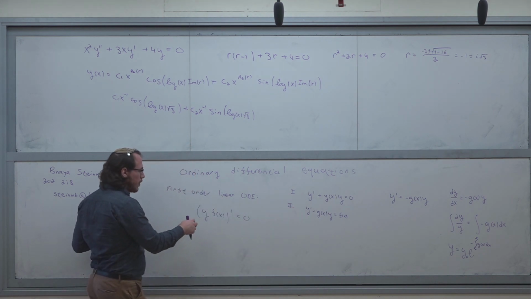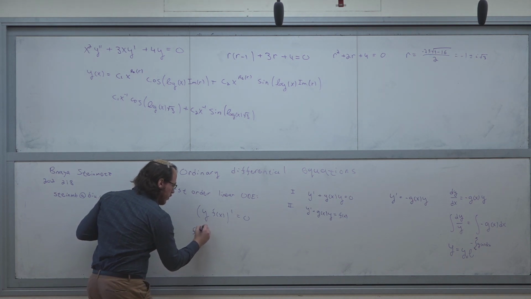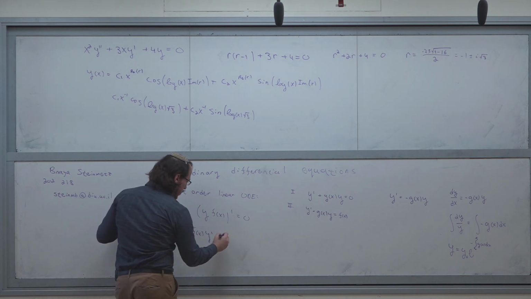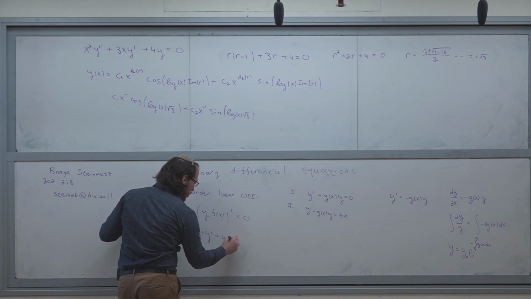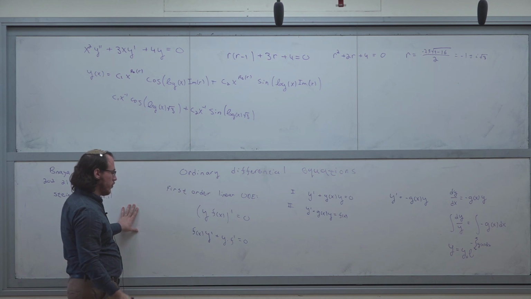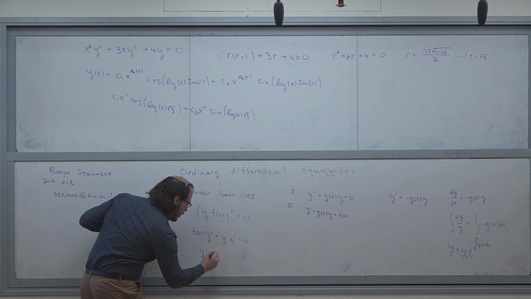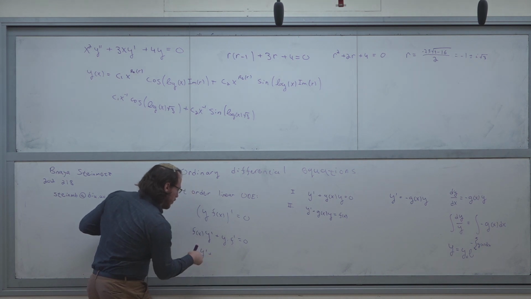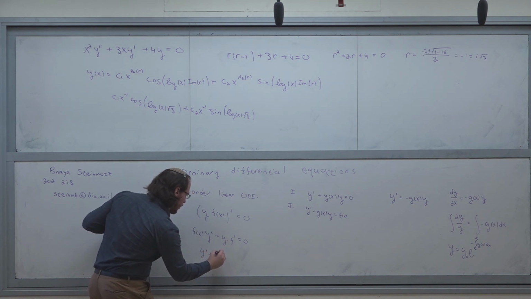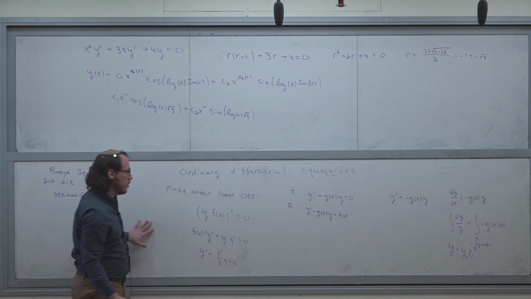Because if I would take it, it will be f y prime plus y f prime, right? So the thing that I'm looking for here is just to write it like